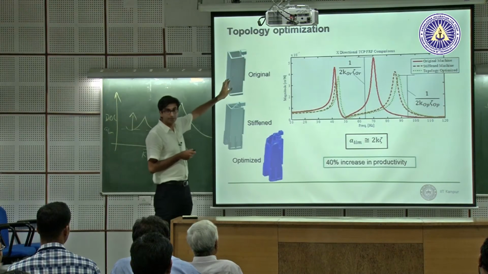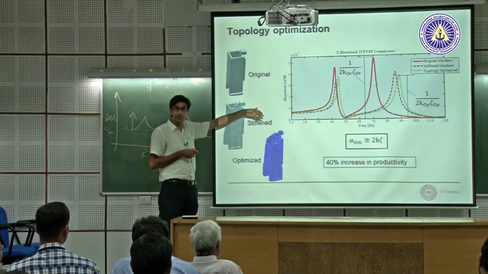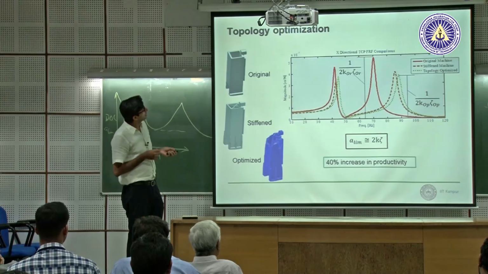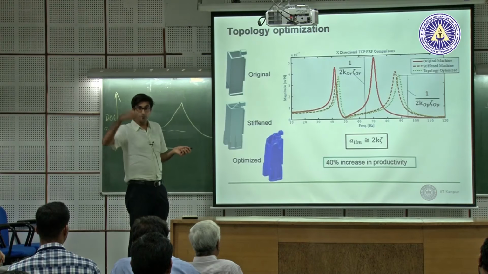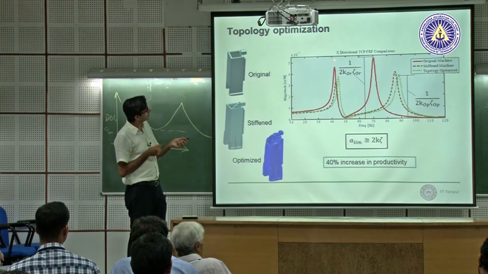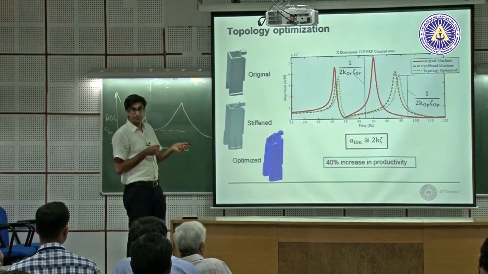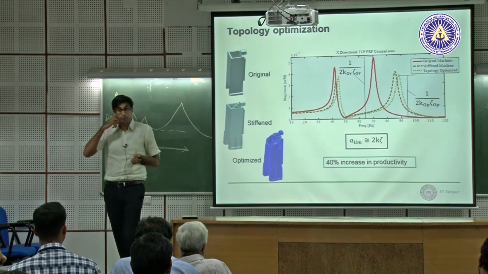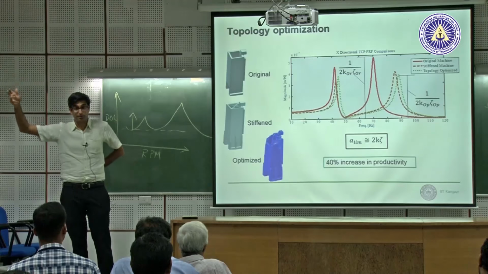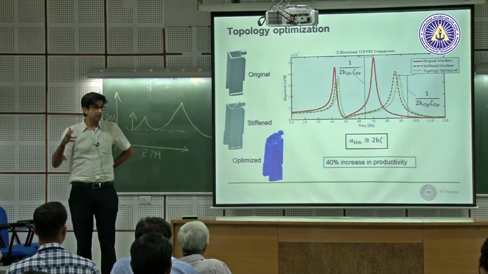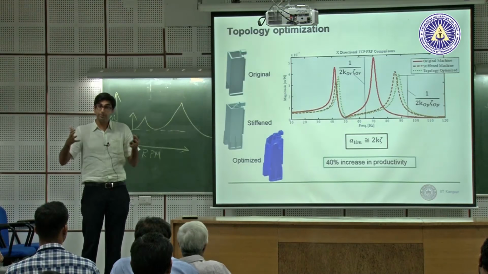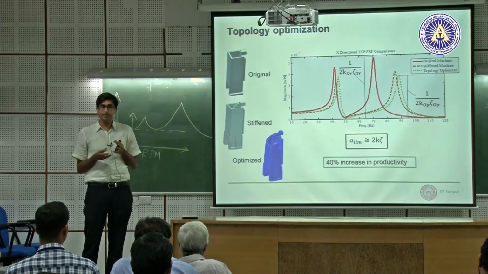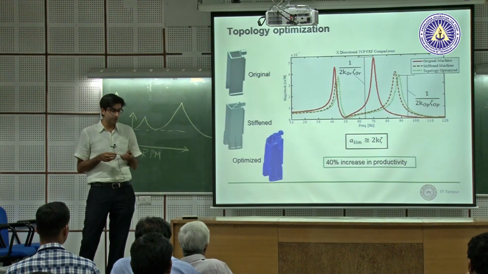So there's the machine, there's the head, there's the spindle, there's the tool, everything is there. The red is the original machine, tool point FRF. You can see it is flexible in two modes. And this is what is limiting productivity. We discussed yesterday where sometimes only high frequency modes limit cutting. But if you're cutting steel, low speed cutting with a big face mill, the face mill is very stiff. What is going to be flexible is your machine.